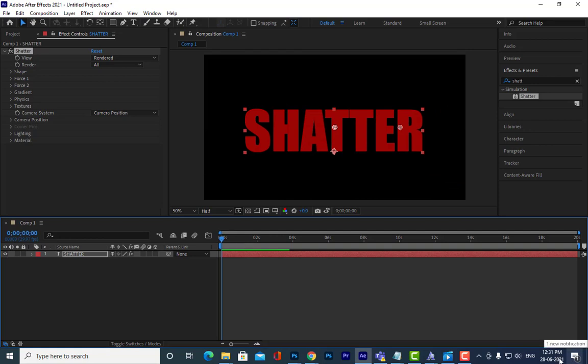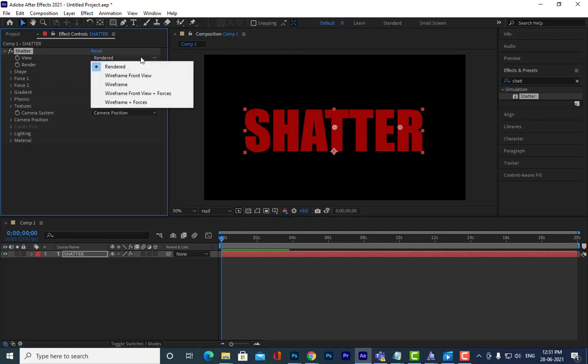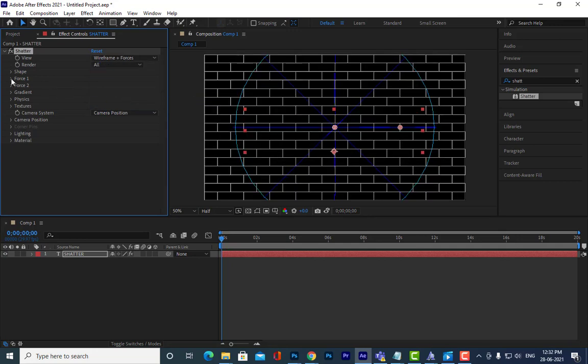First we'll come back to this wireframe plus forces, and next come plenty of options. What are these options? The first option is bricks, which is the default pattern.